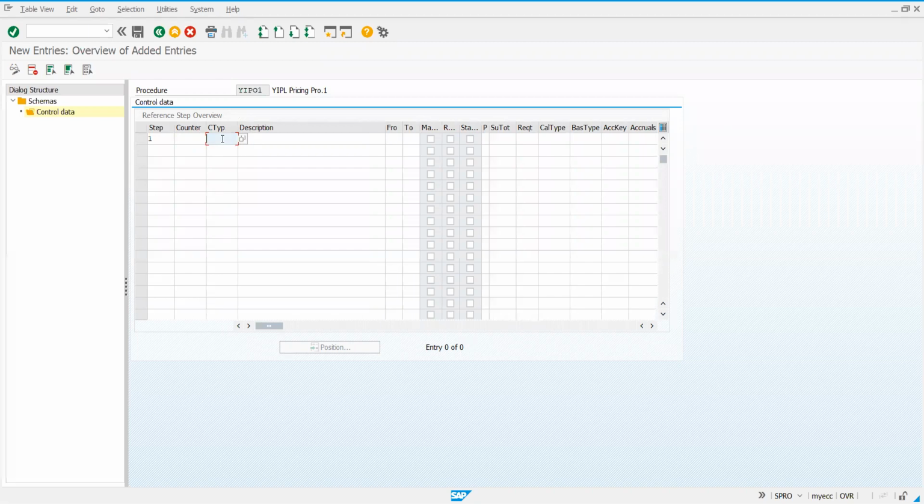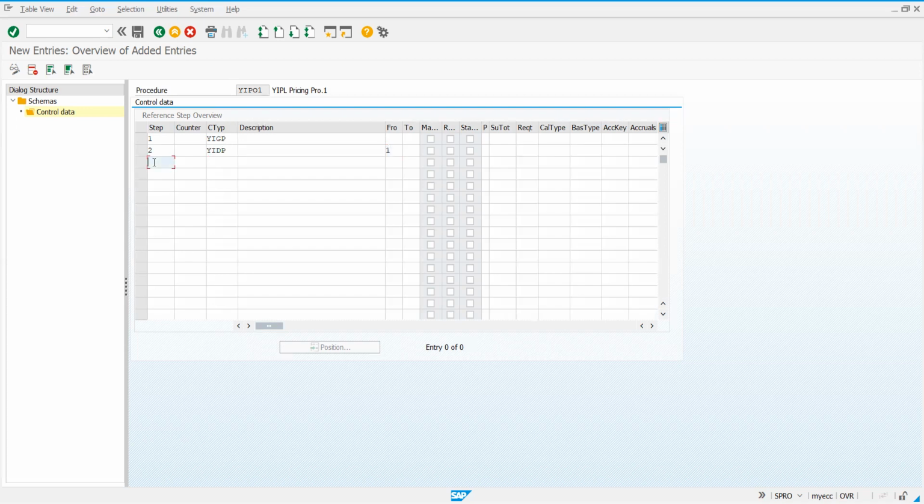So what is our first condition type? YIGP, isn't it? Yes, sir. Now step 2, YIDP, which is discount price. Now I'll say here this discount is to be calculated from gross price, step 1.